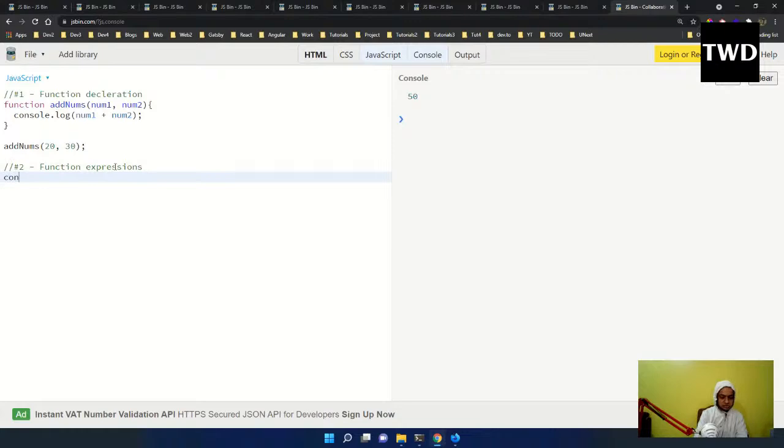Okay, so const multiNums we are going to do. And see, we are making it equal to this. So we're giving a function equal to a function. So we are making a variable equal to a function. This is not possible anywhere else, as I was telling. num1 comma num2,